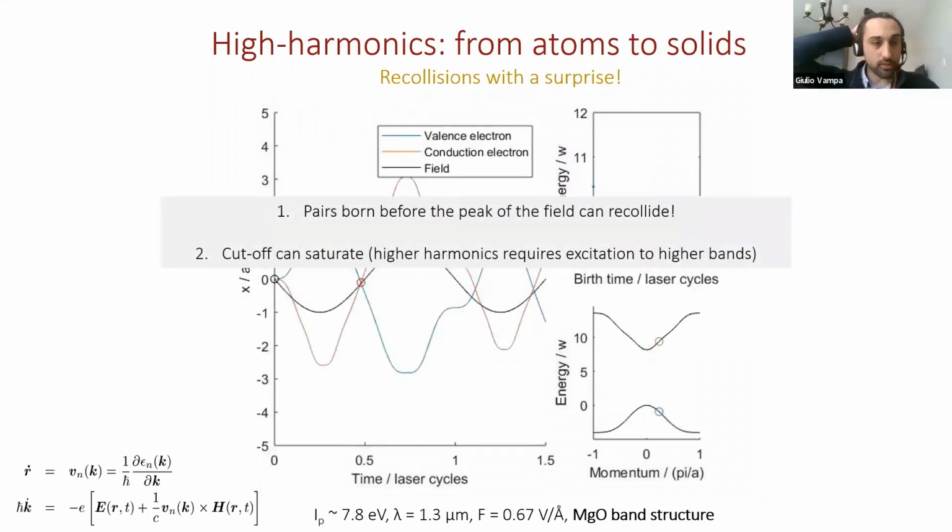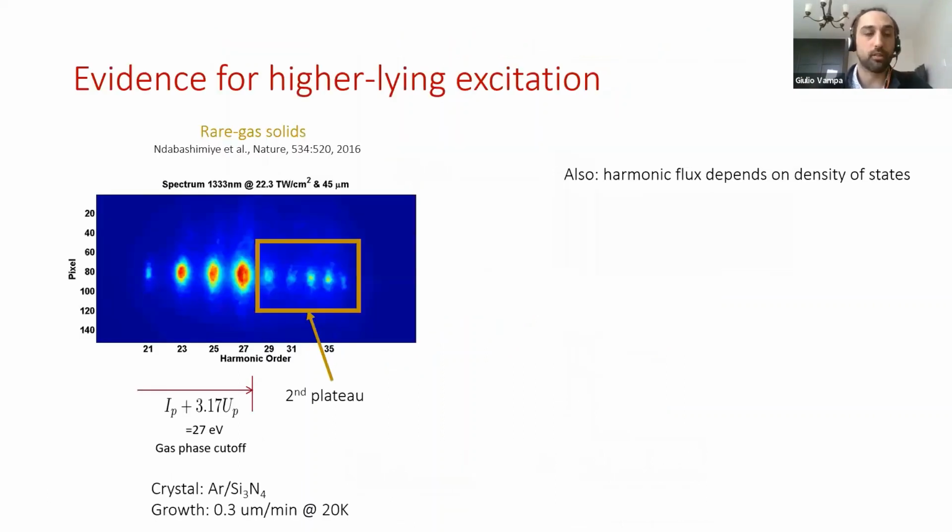In this case, for example, if you ionize before the peak of the field, you could have recollisions before the peak of the field, which is not something you see in gases unless you had Coulomb attraction. And of course the cutoff saturates, because in a two-band model the maximum energy allowed for recombination is just the gap, the maximum gap you can get. So higher harmonics you can get, but it requires extension to higher bands, and that has been observed in rare gas solids. For example, this is